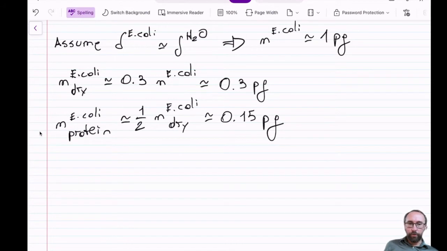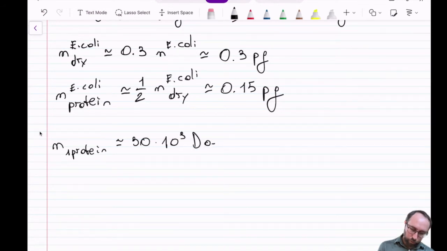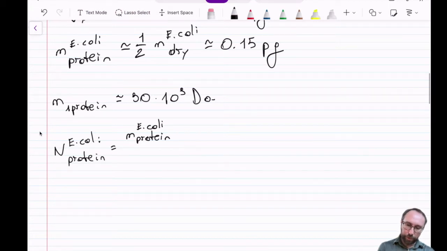All right, so now that we know the total mass of proteins in E. coli, we can figure out how many proteins we have in E. coli by dividing by the mass of a single protein. And we know what this mass is because we already talked about it. The mass of one protein is on the order of 30 kilodaltons, so 30 times 10 to the 3 daltons, which means that the number of proteins in E. coli is just the mass of proteins in E. coli divided by the mass of one protein,